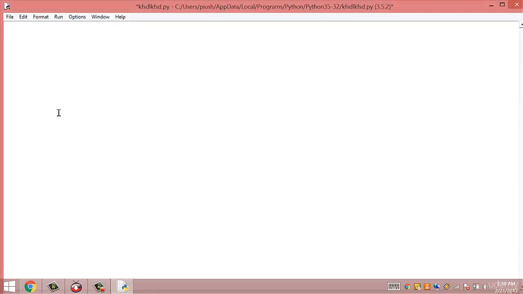Now I'm going to explain to you how to use the function. Functions in Python are defined using the keyword def, and after the keyword we write the name of the function with parentheses. So here I write the name of the function with parentheses, and after that I put a colon to get inside